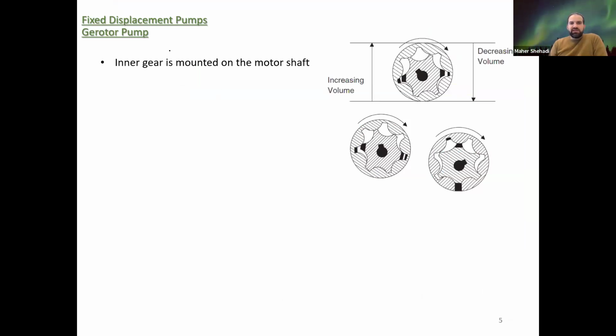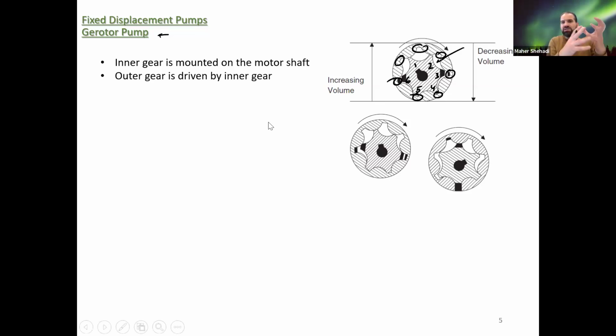The second one is the G-rotor pump. It's made up of, again, 2 gears, except you have an external one and then you have an internal gear. If you count the number of teeth, this one, one, two, three, four, five, six, it should be less than the number of teeth for this. That's 1, 2, 3, 4, 5, 6, 7. This difference between the gears is the one that allows you to